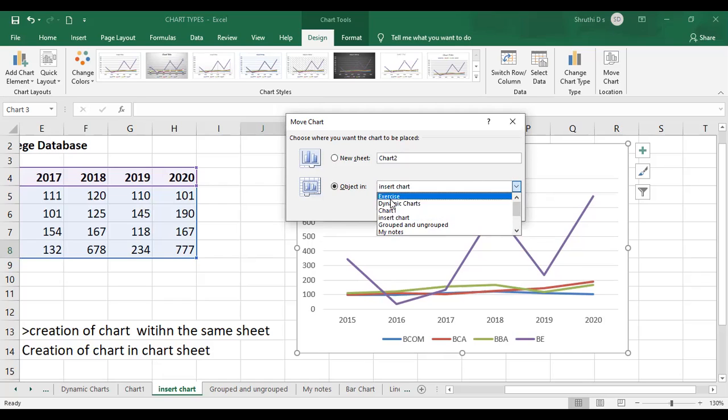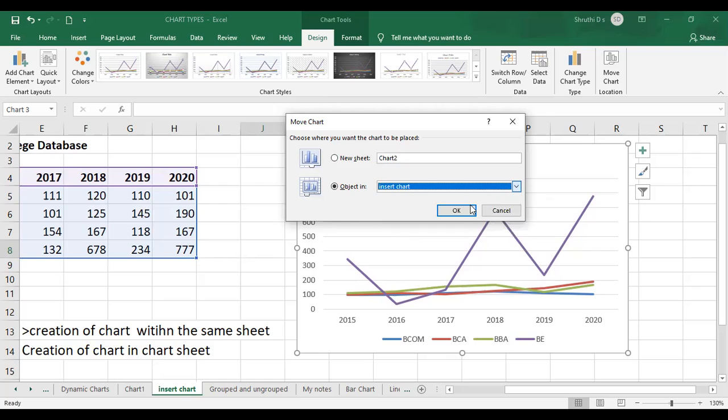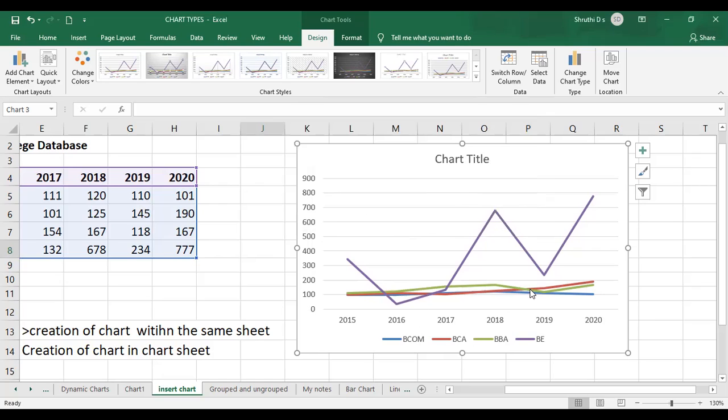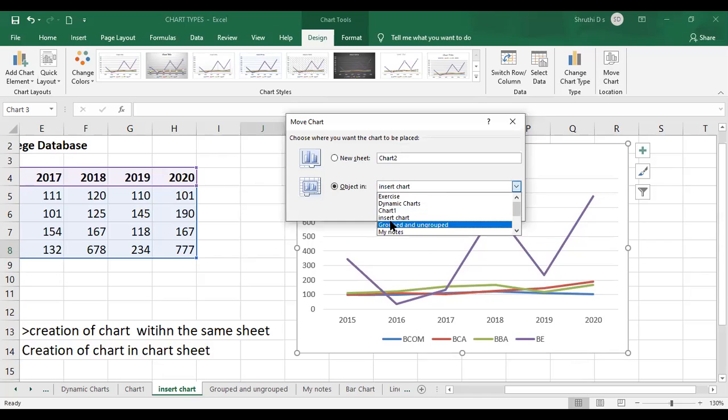You can go with object in the same workbook, and it is going to show you the different worksheets available, along with the chart sheet available in the same workbook. See here, I have exercise, dynamic charts. These are all my sheet names. Now I am inside insert chart. I'll just click on OK. It is present in my same sheet. If I want to move the chart to a different one, let us go to the new sheet option, chart 2. Now I just have chart 1 here. If I click on OK here,